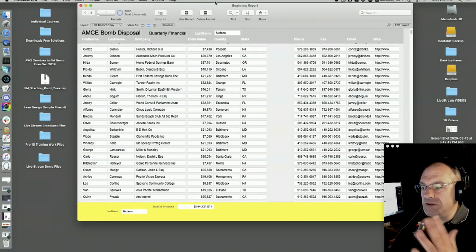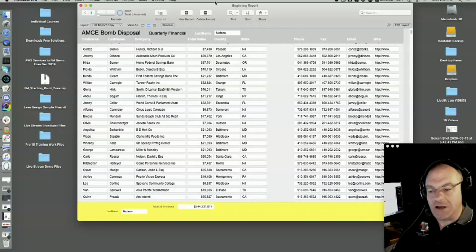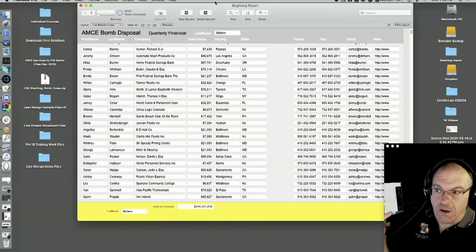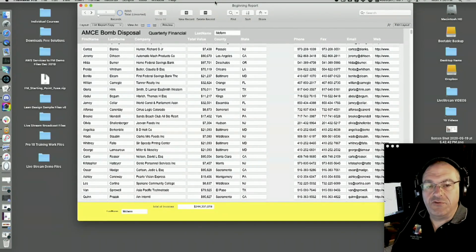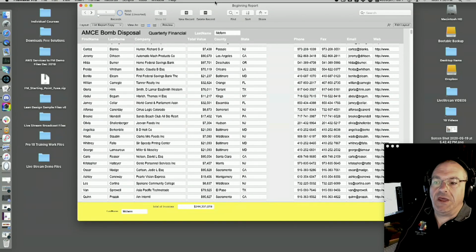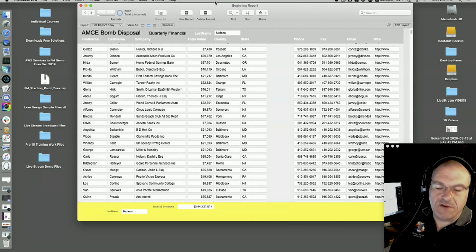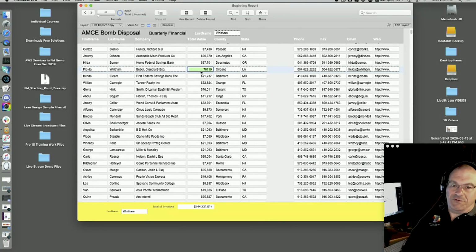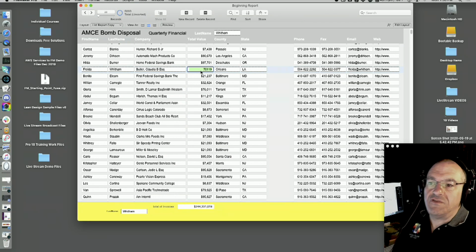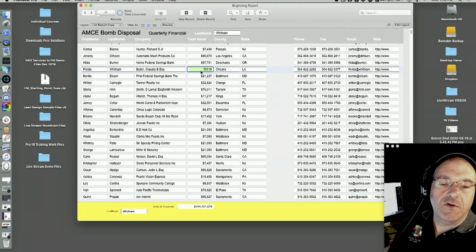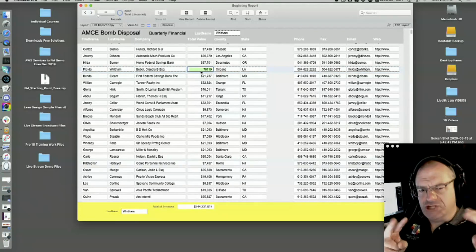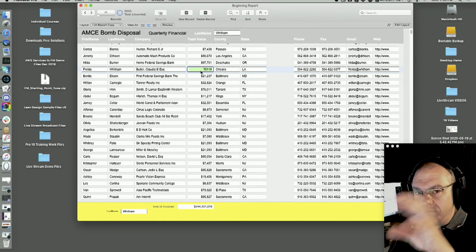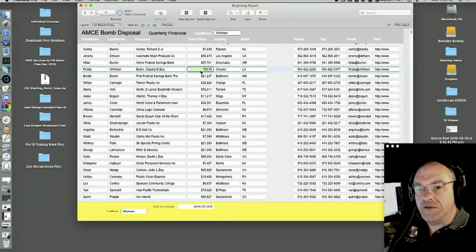I haven't really discussed the concept, but generally you never just run reports off the layout you're on, because you build a layout to be visually nice on a device, on a screen. You build reports to be visually nice on a PDF or on a printout. Those two things are generally incompatible. Technically, there's no reason you can't do both. You could be in here, working in here, and then just print this out. That's how everyone starts. But then when you have to give the report to someone and you don't want to look like a total goofball, and you want to look nice and professional, then you write the script that takes you to a specific report layout and then comes back.